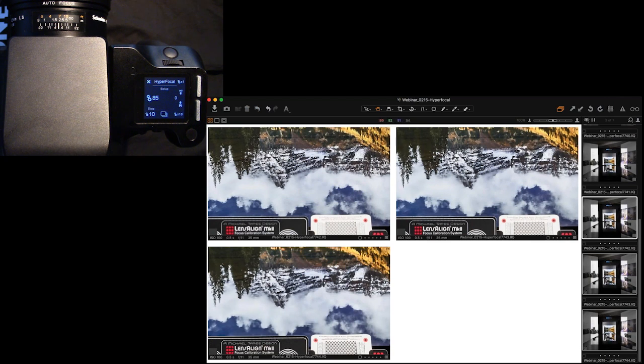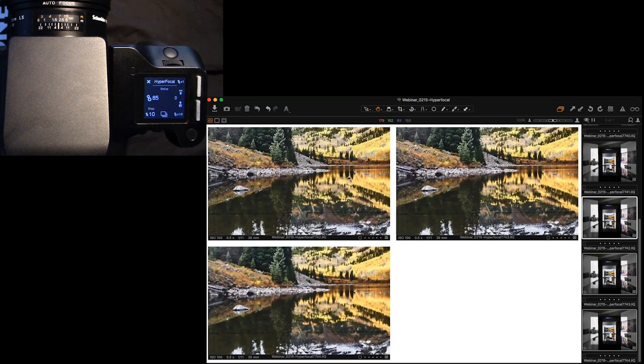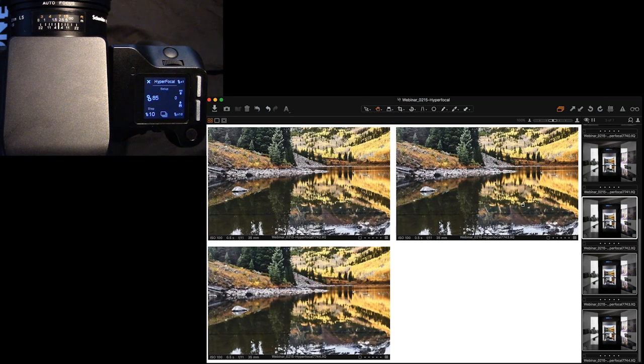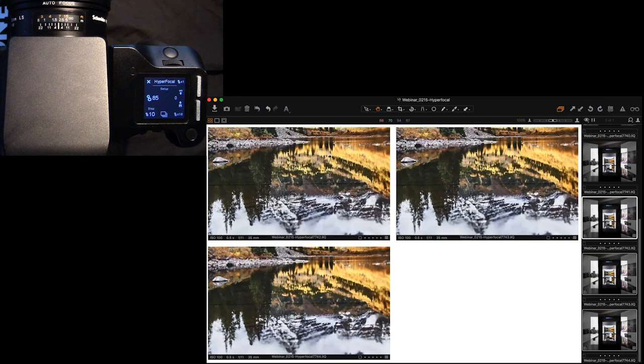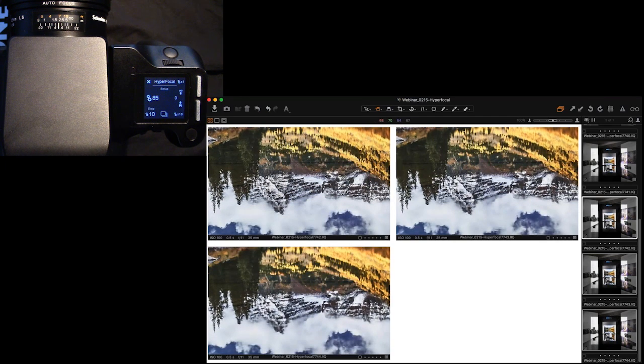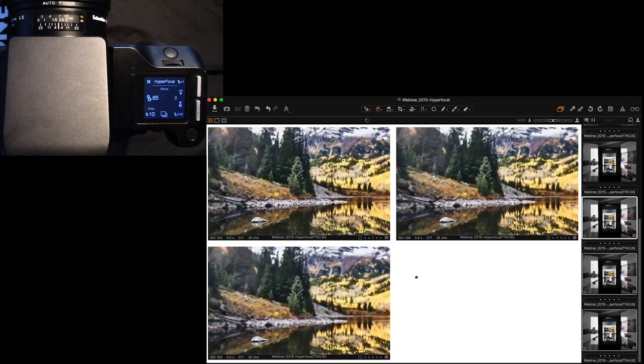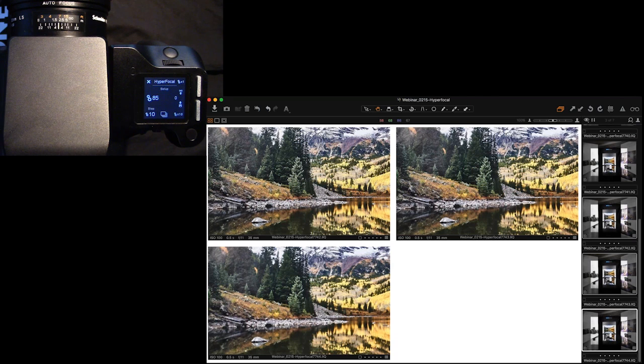We have some sharp details here at infinity. And if we just scan up here, everything is nice and sharp across all of these, but we start to lose it at 105. So that means we're moving in the wrong direction. Infinity is no longer in focus when we look at our image shot at a value of 105. So now we've moved our depth of field too far forward.